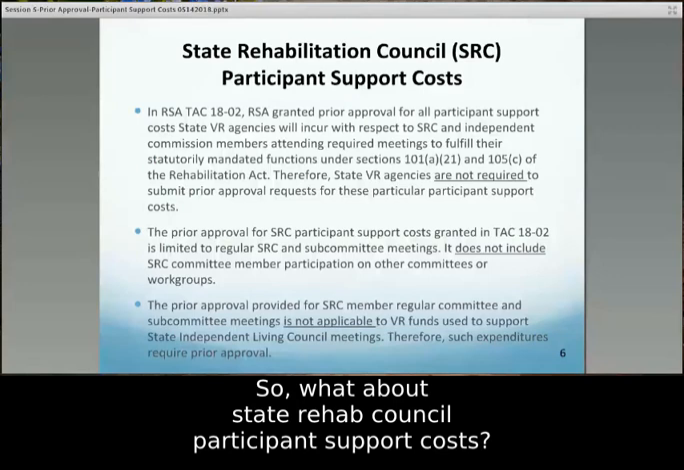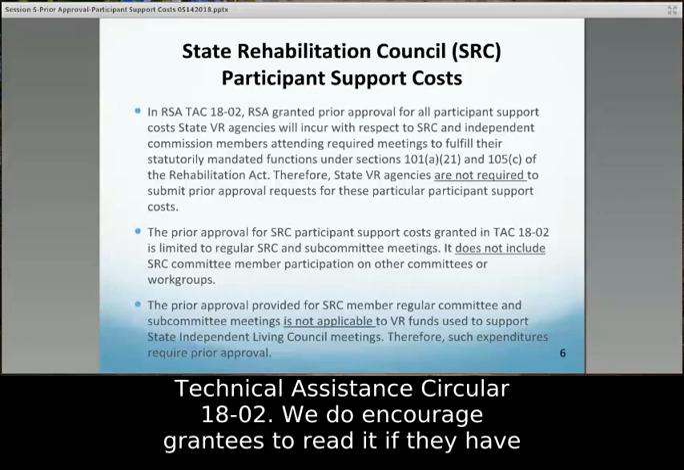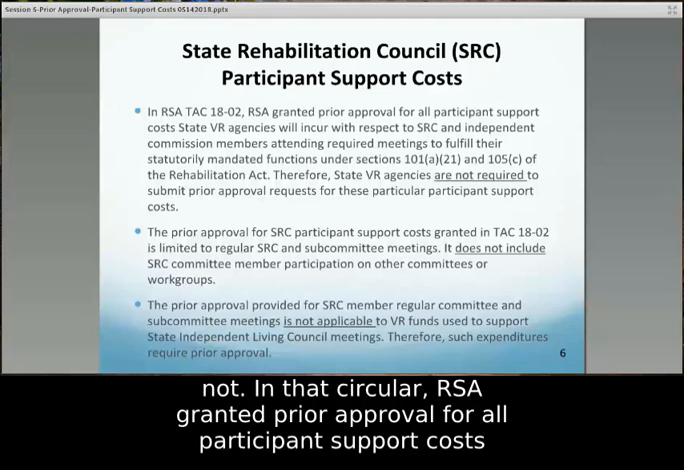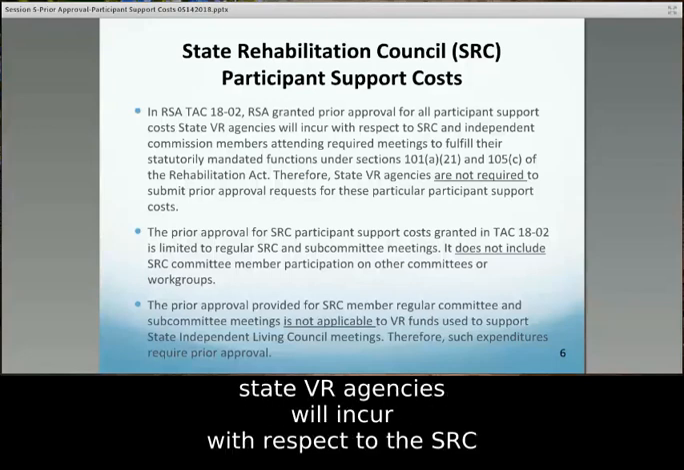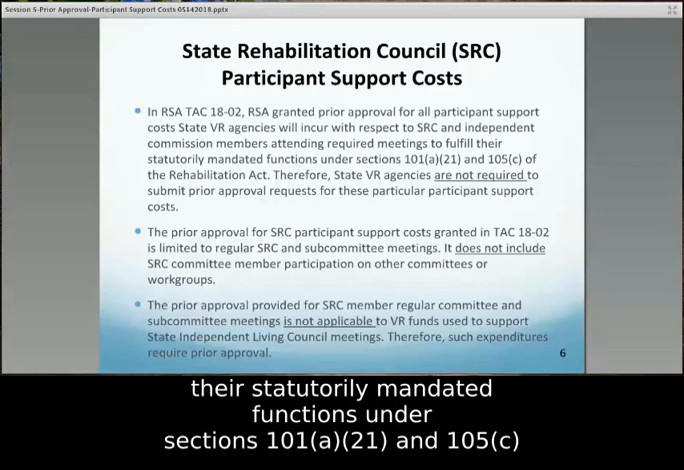So what about State Rehab Council participant support costs? We bring this up because it's mentioned in a little bit of detail in Technical Assistance Circular 1802. We do encourage grantees to read it if they have not. In that circular, RSA granted prior approval for all participant support costs state VR agencies will incur with respect to the SRC and independent commission members attending required meetings to fulfill their statutorily mandated functions under Section 101(a)(21) and 105(c)